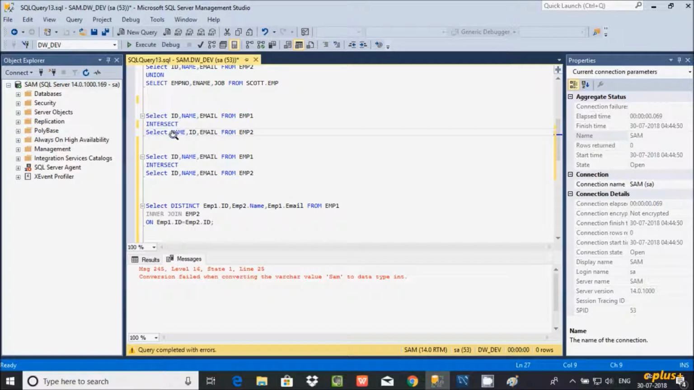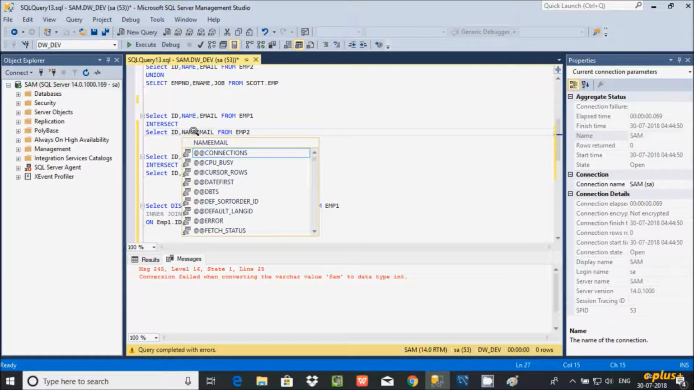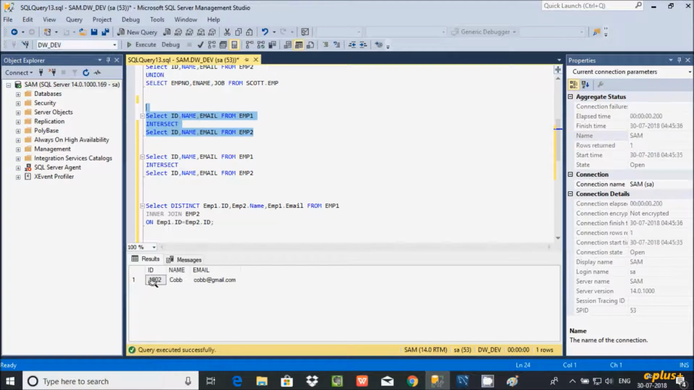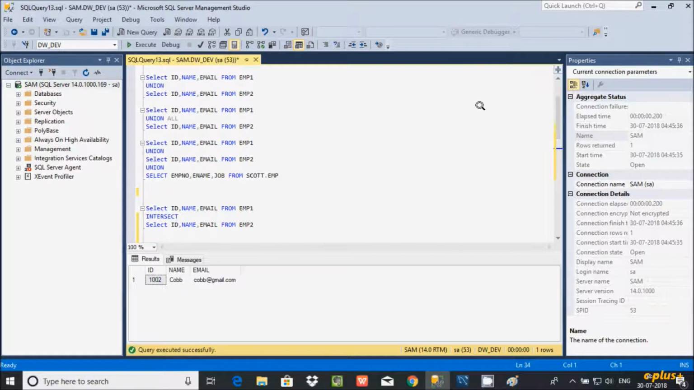If you return only matching records from the two tables, the data types of the columns must match. The ID must match with ID, integer with integer, varchar with varchar. So if you give the ID and the name, and execute this query, now I'm getting the expected output. So next thing is,